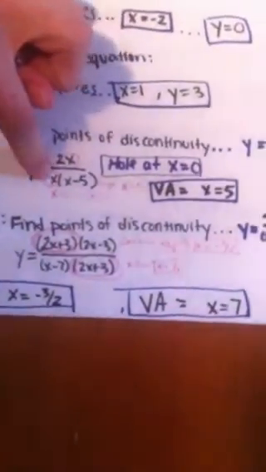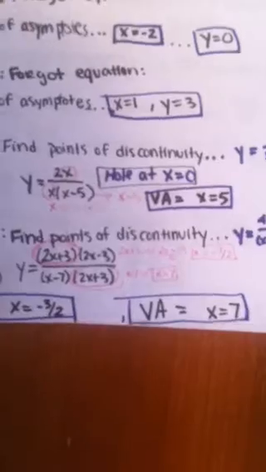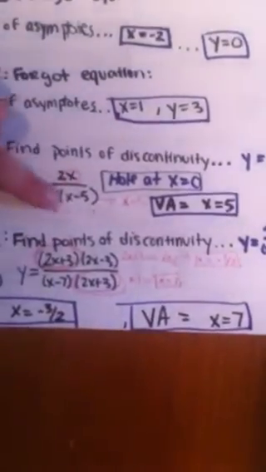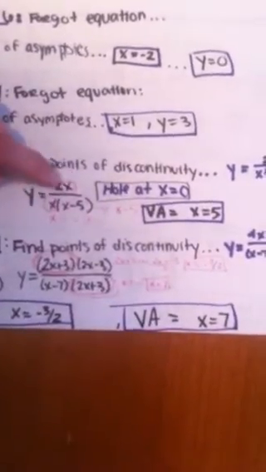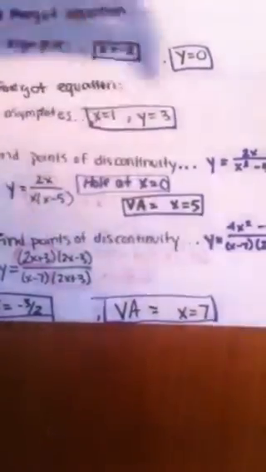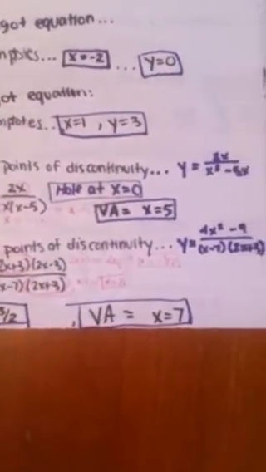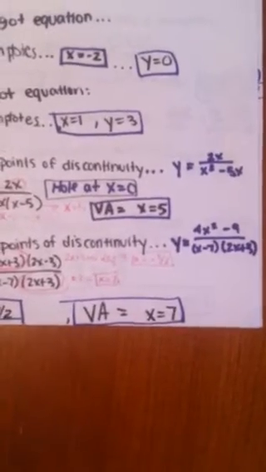Then for the vertical asymptote, you would take the factored binomials, and so you have x minus 5, and you'd set that equal to 0 to get x is equal to 5. So the vertical asymptote is x is equal to 5. Then number 9,